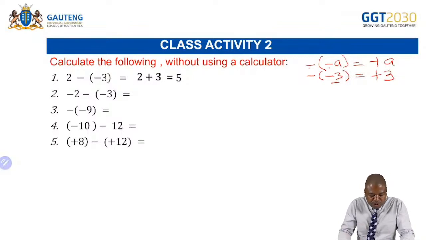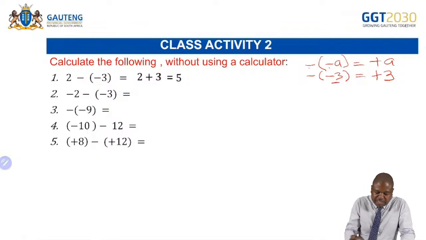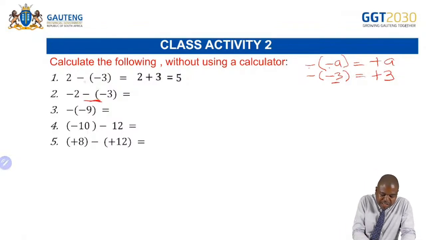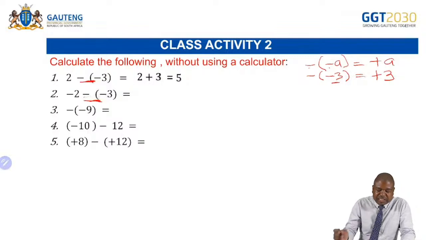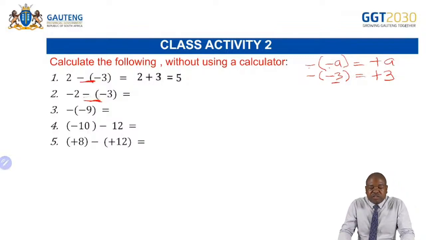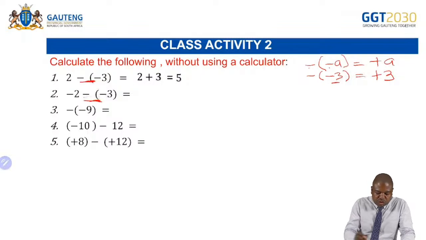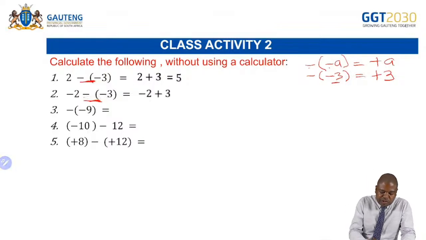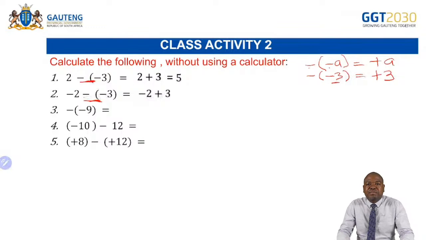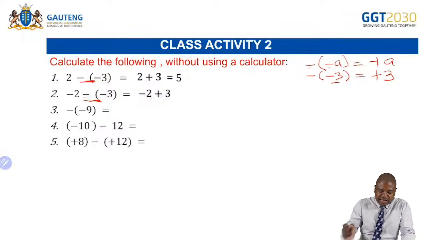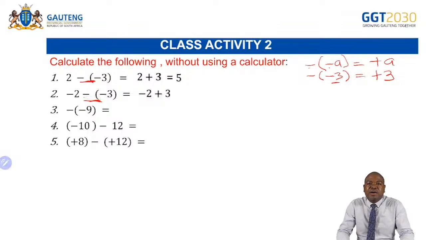And then we come to number 2. We do have -2 minus -3. What we have here is exactly the same as that. So we know that if you are subtracting a negative, it is the same as adding its opposite or its additive inverse. So the opposite of -3 is +3. So we rewrite that as -2 plus 3. But remember, in the first phase of our lesson, what did we say? If you are adding a negative and a positive number, what do